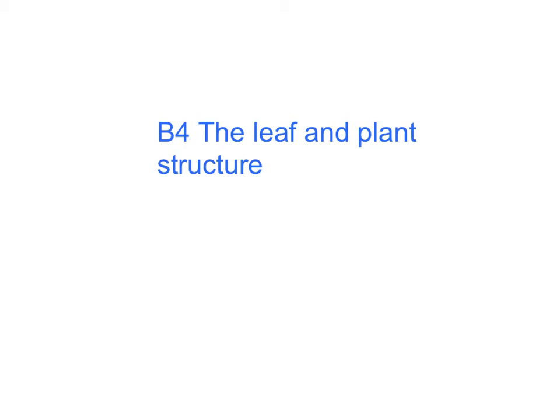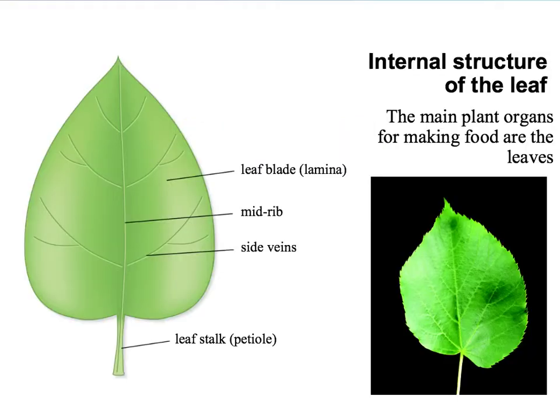This is the third revision video for our B4 biology topic, and we are looking at the leaf and plant structure. First we're going to look at the overall structure of a leaf. It's got the basic parts of the leaf stalk here, the side veins that branch off of the mid-rib going along the leaf, and the largest part of the leaf, which is the leaf blade, which is supported by these